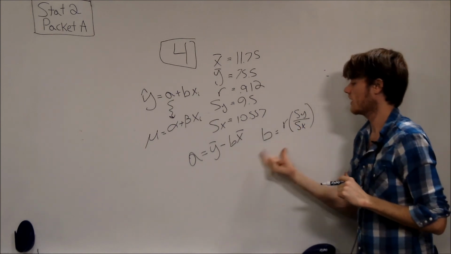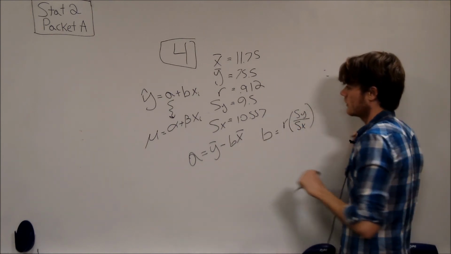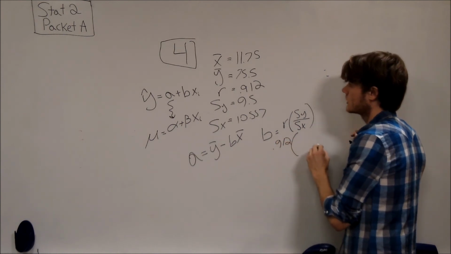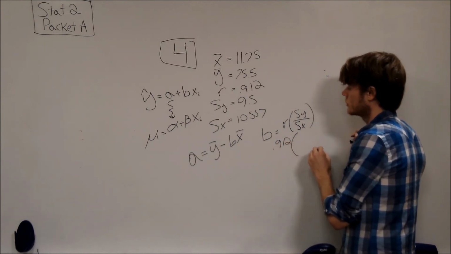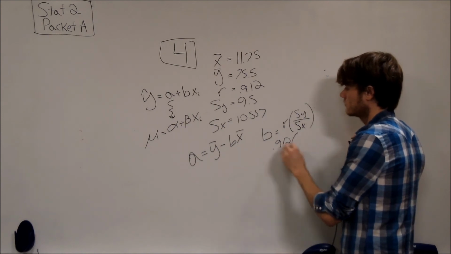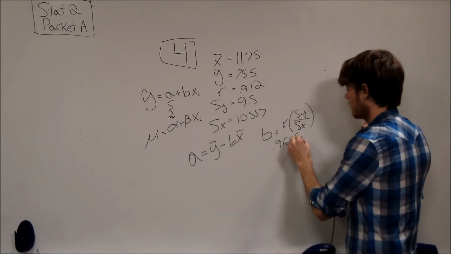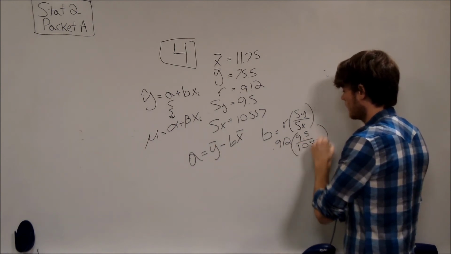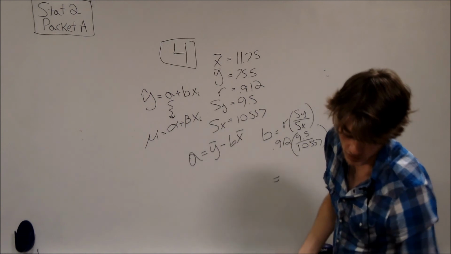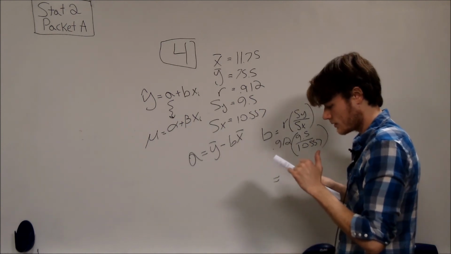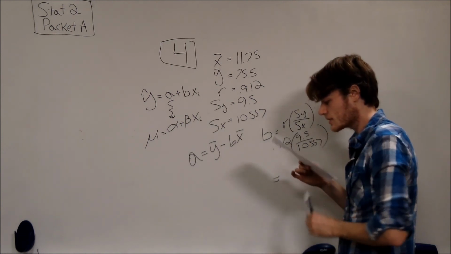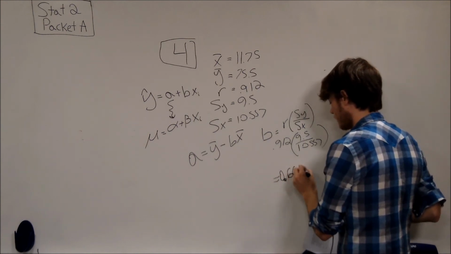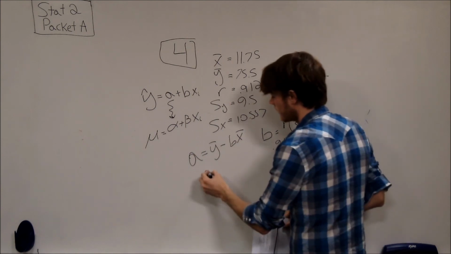All right, so we have all this stuff. Let's find b first, as we have to. So it equals 0.912 times 9.5 over 10.5. And that equals, after some small calculations, 0.6646. And then plugging that in, we got 75.5 minus